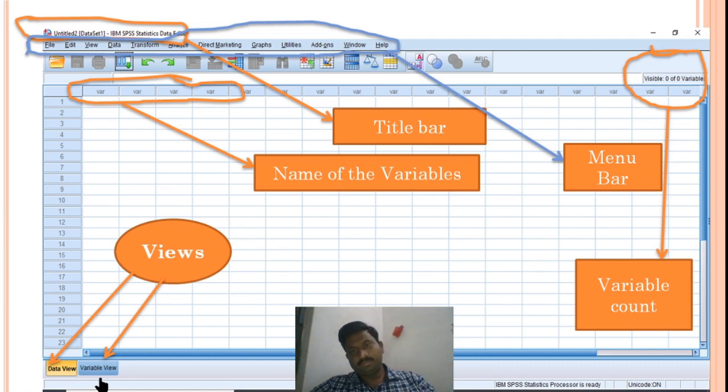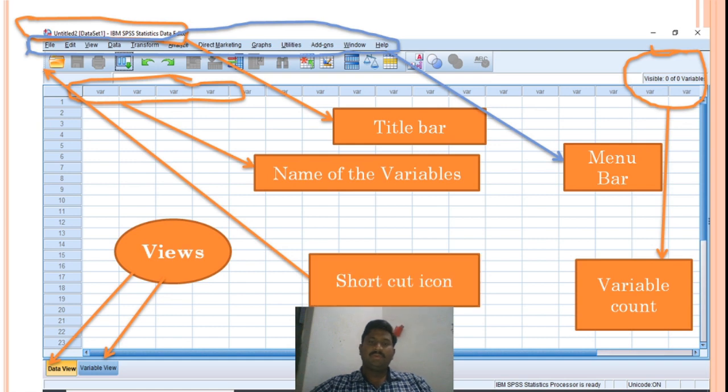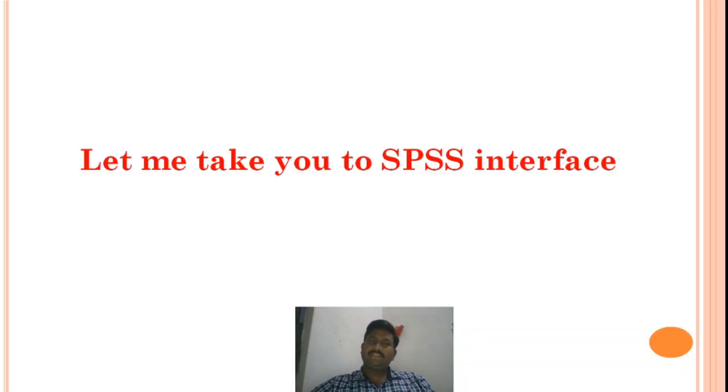To make you understand properly, let me take you to the interface of the SPSS. The interface of the SPSS will let you know how SPSS looks and how the functioning of the SPSS is. So welcome to SPSS. Here it is.